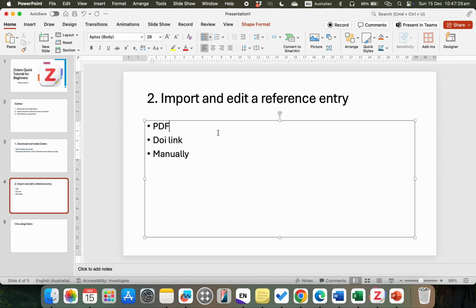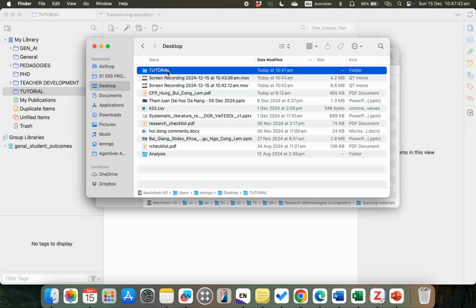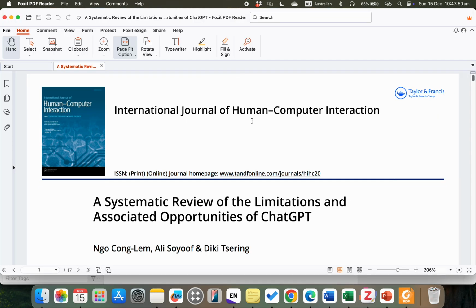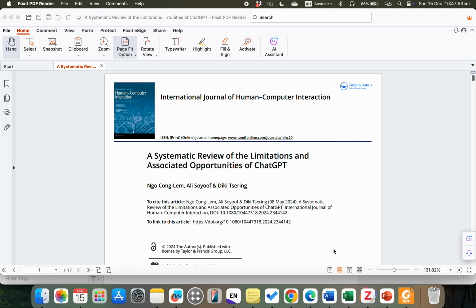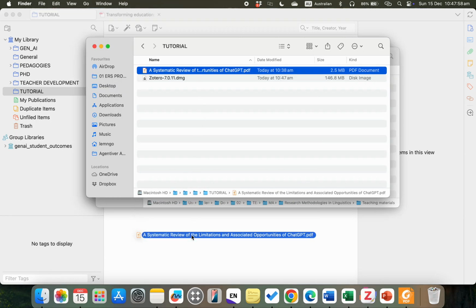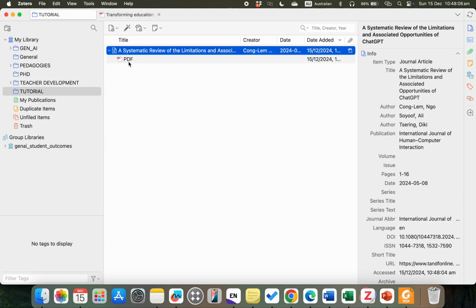Now there are a couple of ways to import it. It's quite convenient. The first one is, if you have a PDF, you can just drag the PDF right into Zotero right here. Now if I have a PDF like this, systematic review objectivity, like this, okay, and what I need to do is just to drag and drop it. Okay, so I just drag it and drop it into Zotero. So we wait, and then quickly Zotero will help you out with the entry, and it also stores the PDF